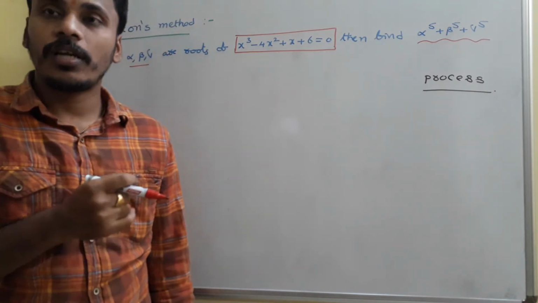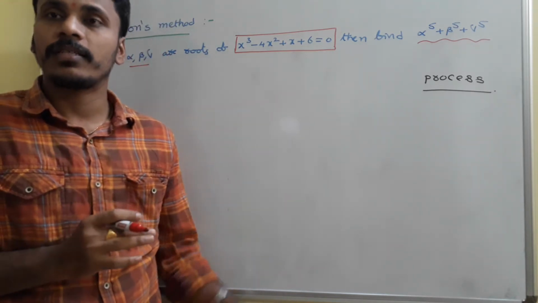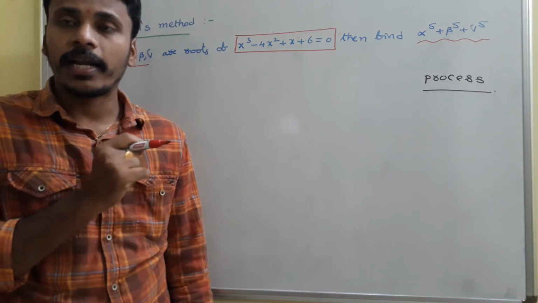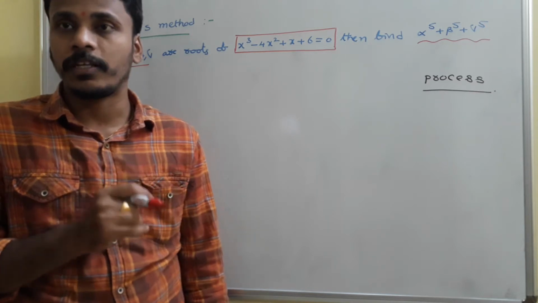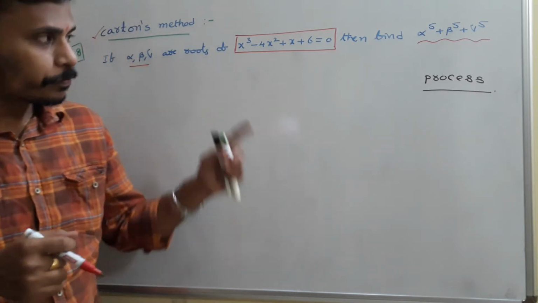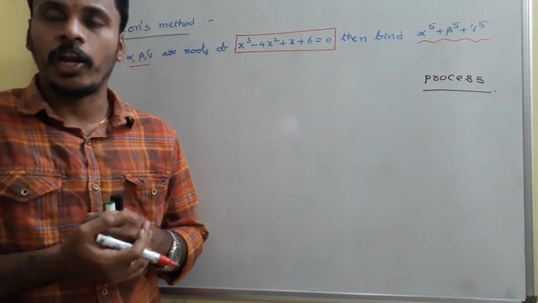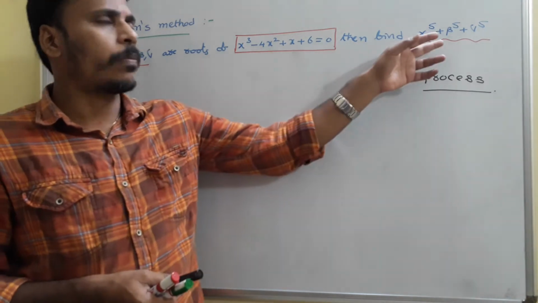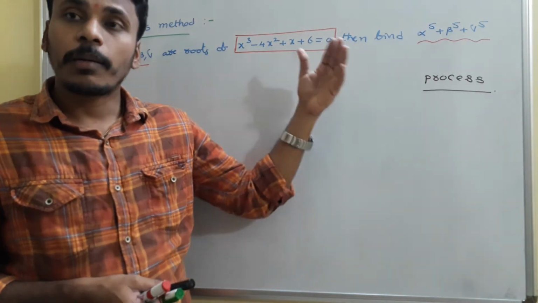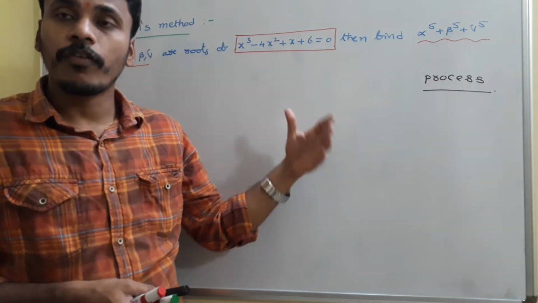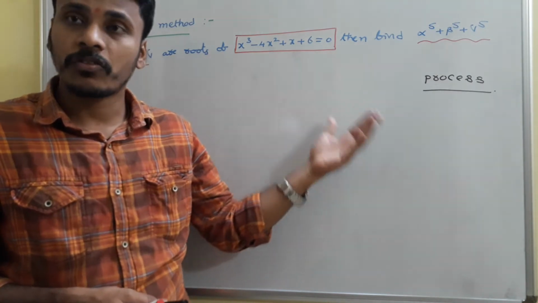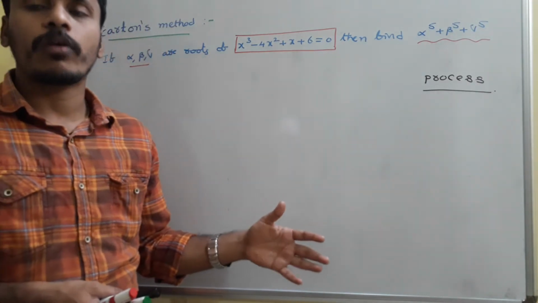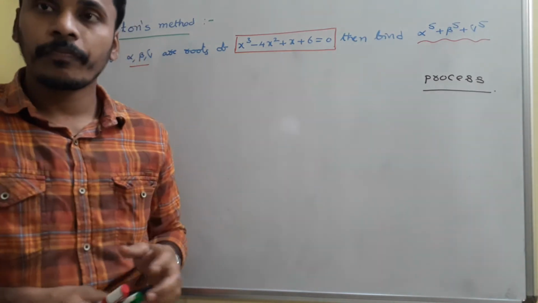Cartan's method looks just like synthetic division, but it is different from synthetic division. Pay attention to the process of this Cartan's method first. Completely, it is a procedure-based situation analysis. With Cartan's method, we can find not only the sum of the fifth powers of the roots, but also the sum of fourth powers, sixth powers of the roots. You can find anything like alpha power 8 plus beta power 8 plus gamma power 8, in this format.